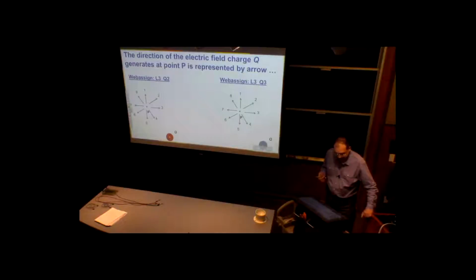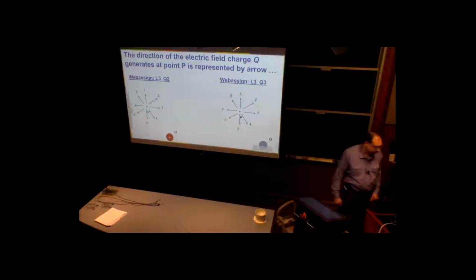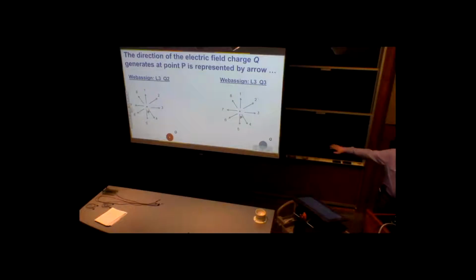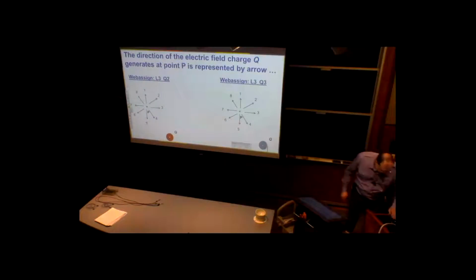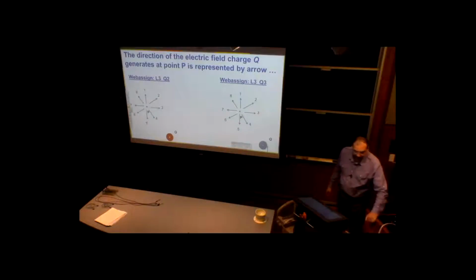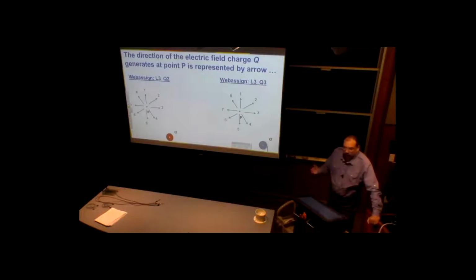Right now, right here, the direction of the electric field. In the first case on the left, the electric field is generated by a positive charge, and a completely different case on the right when electric field is generated by a negative charge. So two answers at once. What's the rule? In physics,